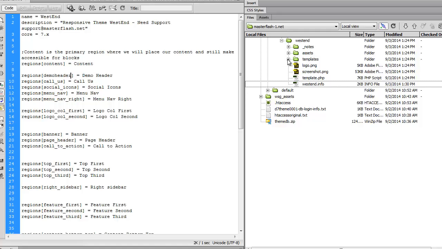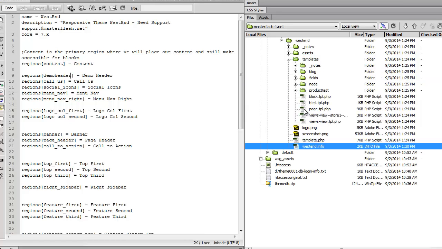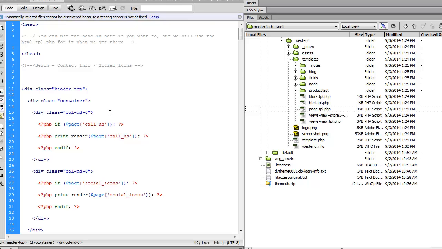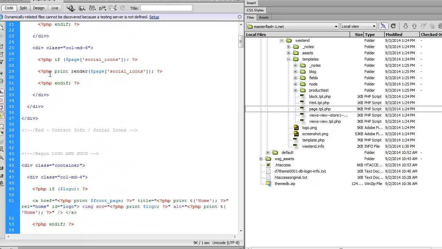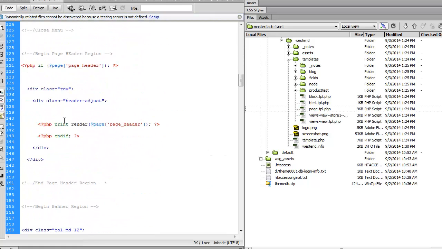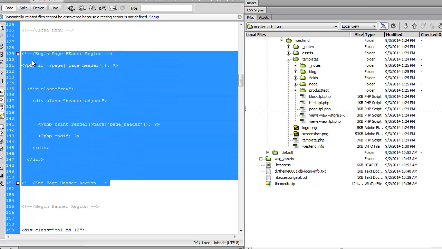So what we need to do is go into templates, page.tpl, because this is the file that controls every single element that's a part of the website. And from here is where we can actually begin that process. Now we could come in here and grab a particular region that's just one. For example, I'm going to grab the page header in here as an example. I can copy the page header,